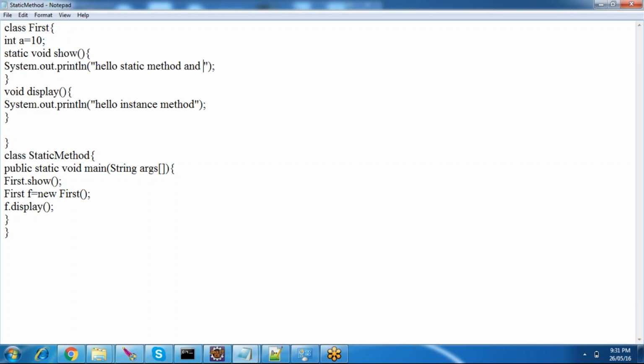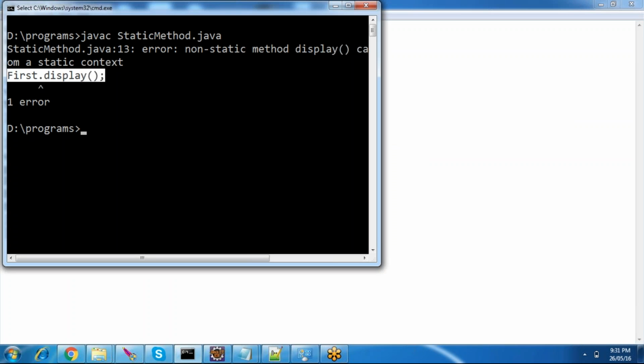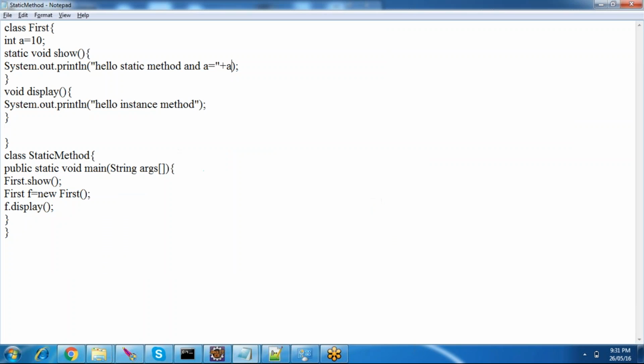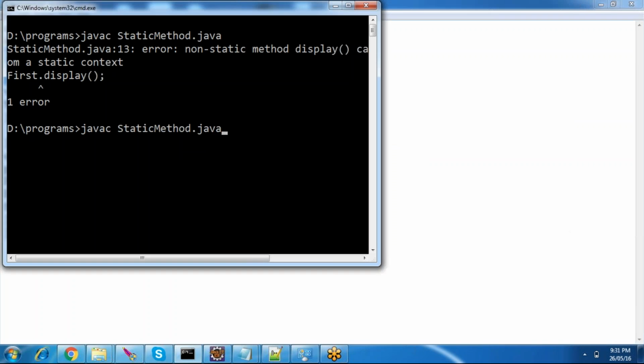And I'm just trying to print a equals plus a, right? So here, if I just compile this, what will happen? I'm using an instance variable directly inside a static method, right? We'll get an error